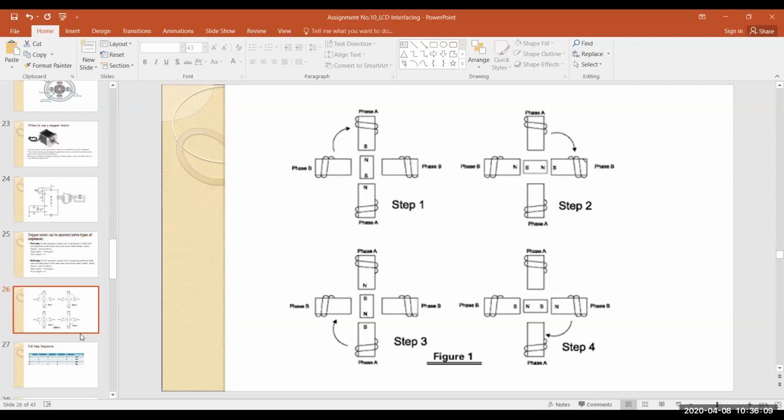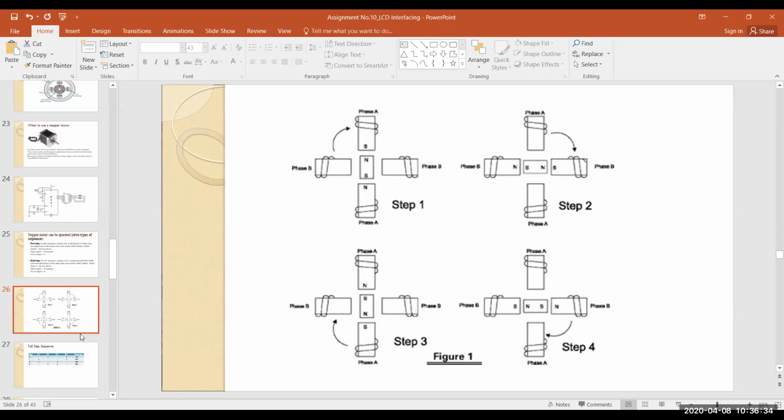If you want to move the stepper motor in a stepwise manner, you move the rotor in 4 different steps. Now see here, full step sequence and half step sequence. What do you mean by that? It's a most important thing, full step and half step sequence.